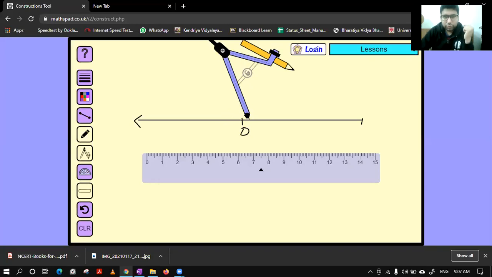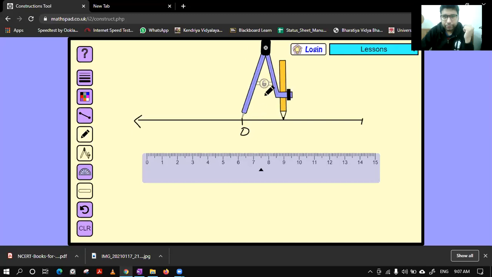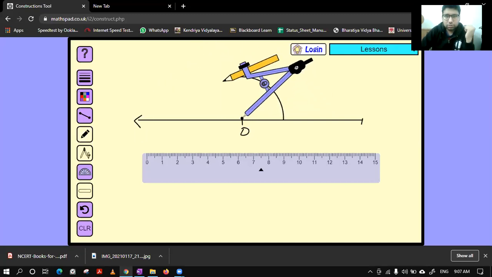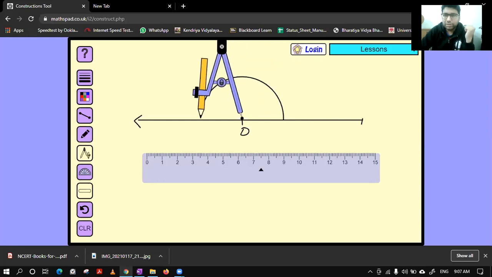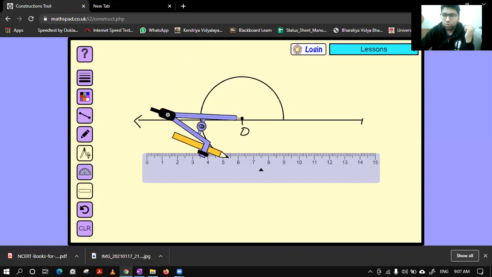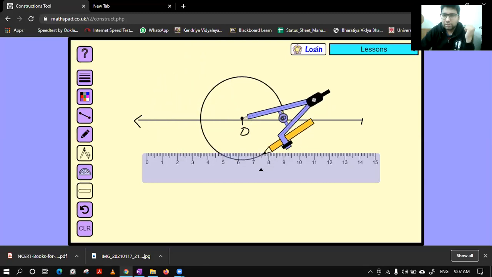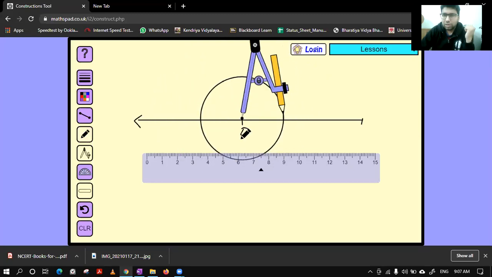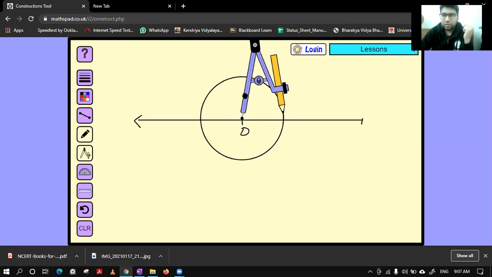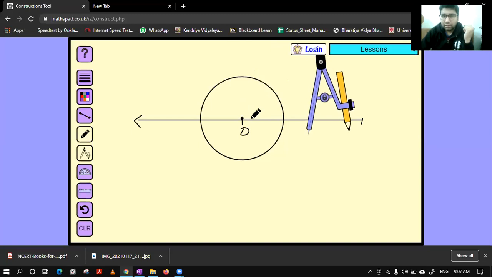I think we will have some issue in making 90 degree angle, but let's see. Let's try. So like this much is 180 degree. We have to go downwards like this. Now the question comes, how will you draw the complete angle? This is the complete angle. This much is 180.